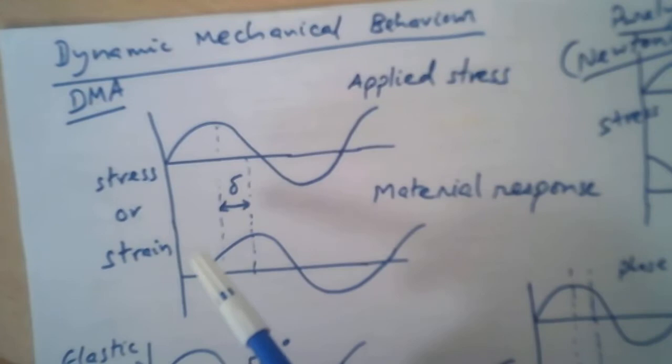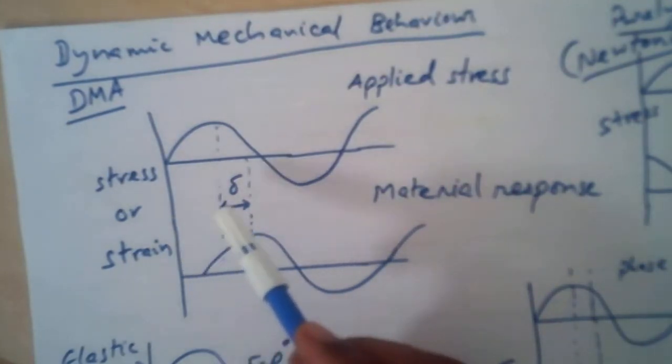and let us try to understand how it is different from the quasi-static tensile testing. In a tensile testing, we simply pull a material and then find the elastic modulus by its resistance to elastic deformation. So we find Young's modulus by taking the slope between the stress versus strain, sigma upon epsilon.